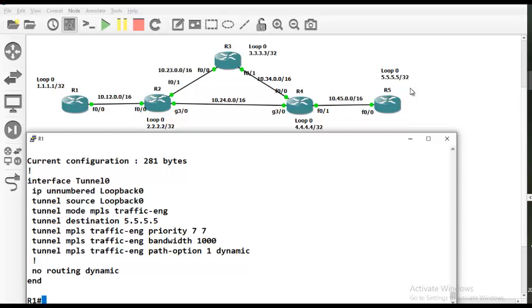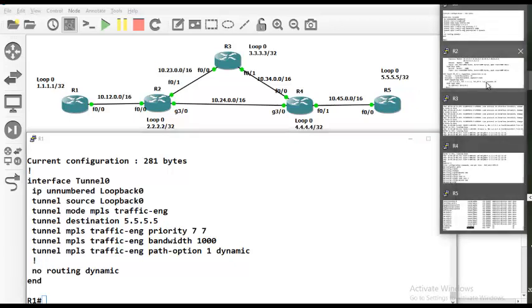So wait, IP RSVP bandwidth, finished, please. No, just to reconfirm. When you put the IP RSVP bandwidth command, that command will take 75% of bandwidth from the total and say RSVP is ready now. We are ready for supporting the tunnel traffic. We have this much bandwidth, we are ready. We can support up to this much. That's the meaning. See, let me show you in that output, show IP